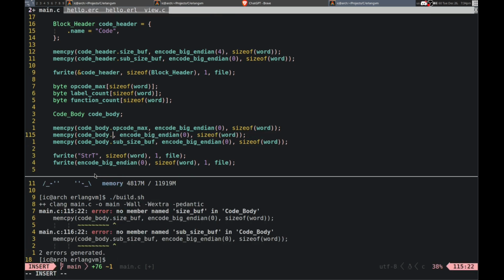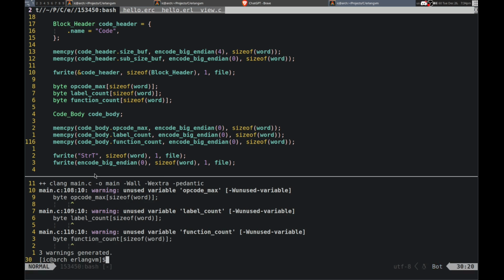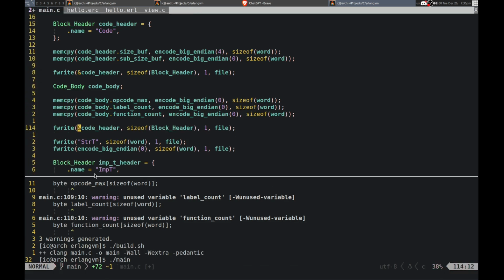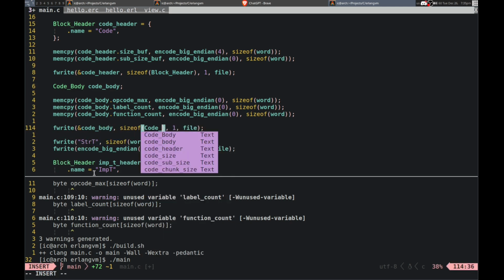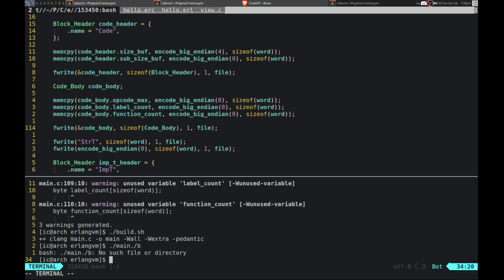Whoops. I forgot to change the names. Label count and function count. All right. So what if I do that? Oh yeah. I don't need it. All right. And then I forgot to actually f-write it. Code body. Label code body. All right. So.